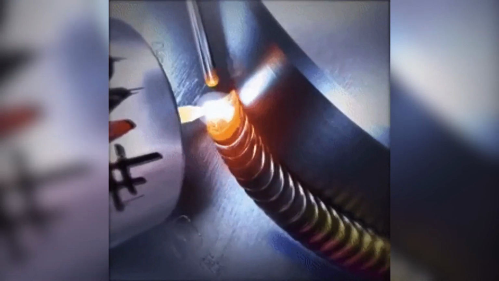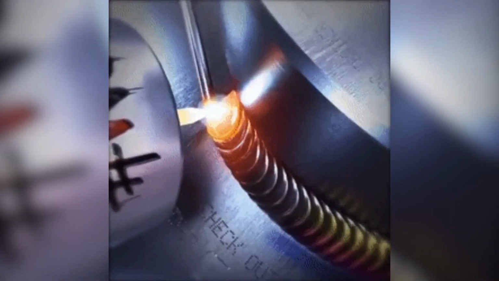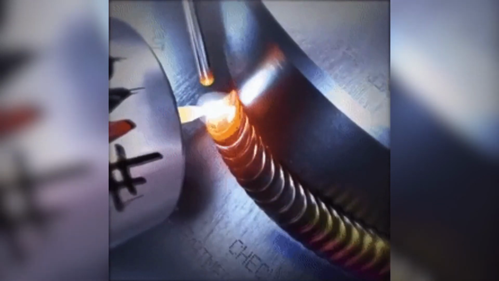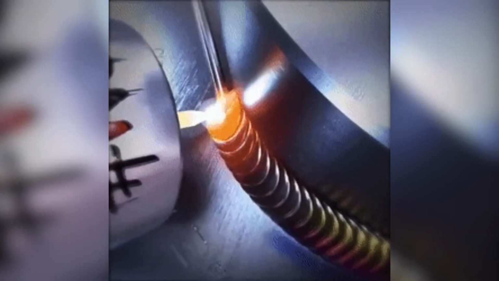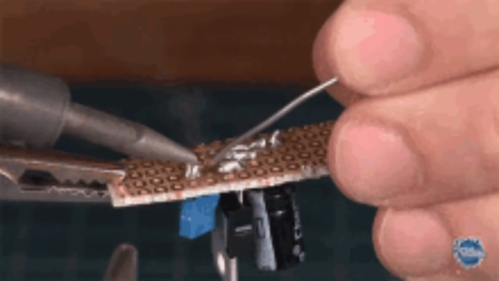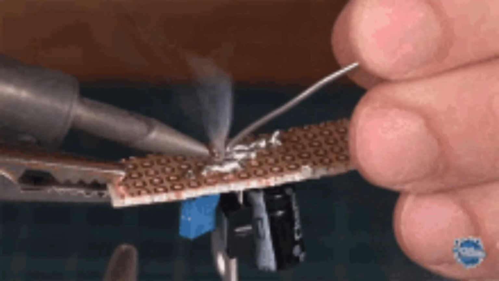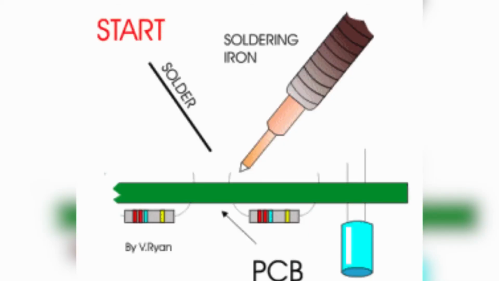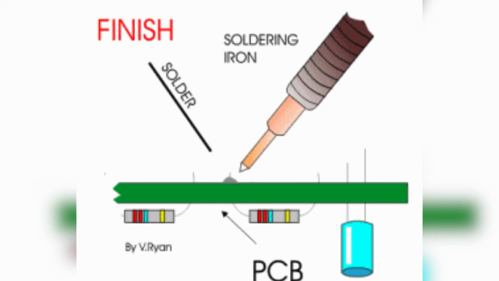First, we will start with the welding process. It is the fabrication process of joining two or more metal parts with the help of heat and external filling material. Then we will see the second process, that is soldering process. It is the process of joining two or more items with the help of filler material by melting the filler material and putting it into the joints.